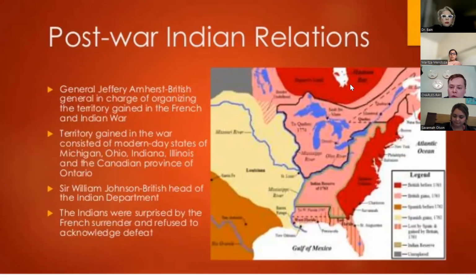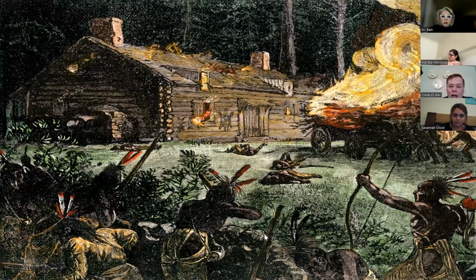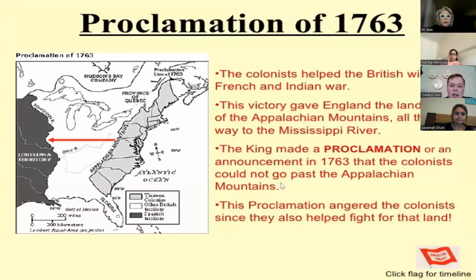So in the Ohio River Valley, which is this little spot right here, settlers still trying to move in. Lots of fighting goes down between the British and the Indians, and basically King George III issues the infamous Proclamation of 1763, basically telling these colonists, yes, we fought this war, but we don't want this happening to you. We don't want you being raided. We don't want you coming crying to us saying the Indians beat you up and burned down your house. So for everybody's safety and our sanity, you can't go west. The mountains were the dividing line, the Appalachian Mountains. American settlers were not allowed to go that way.